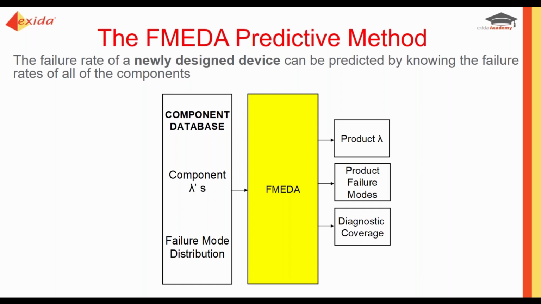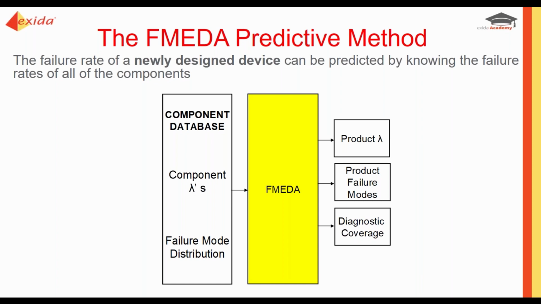Say, for example, we take a ball valve that needs to close if pressure gets too high. If we look at that bolt in that valve, if that bolt shears, can the valve still close if needed? If that bolt loosens, can the valve still close as needed? At the end of the FMEDA process, you have an overall product failure rate, your product failure mode, and your diagnostic coverage.